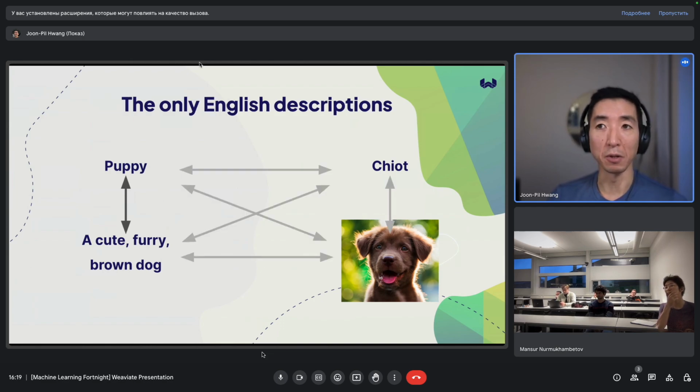Well, some might argue, if you're an English speaker like me, that these two are in English, right? So a puppy and a cute furry brown dog are very similar, certainly.